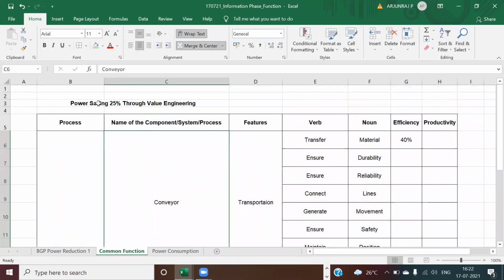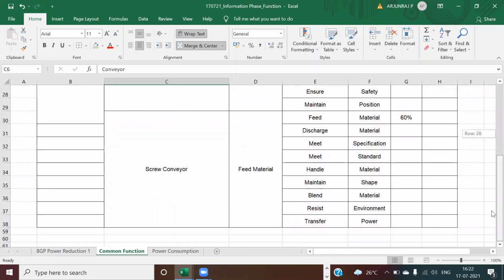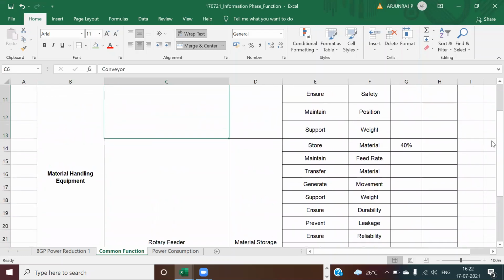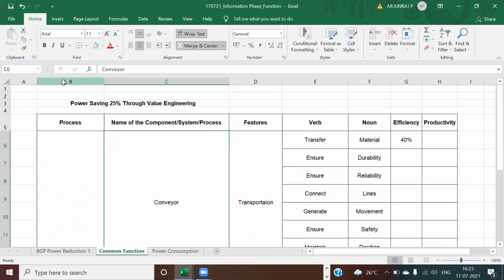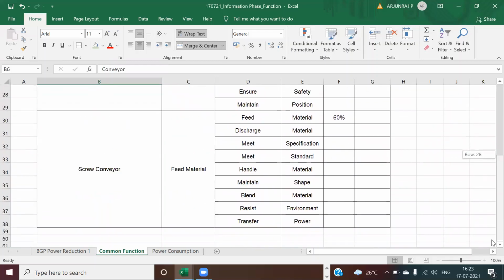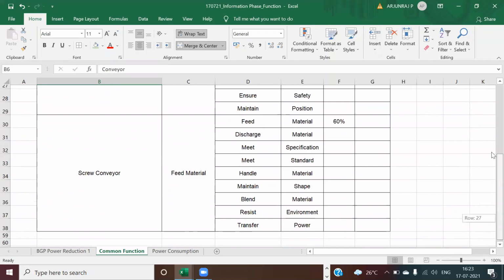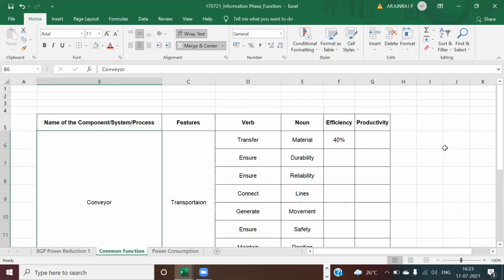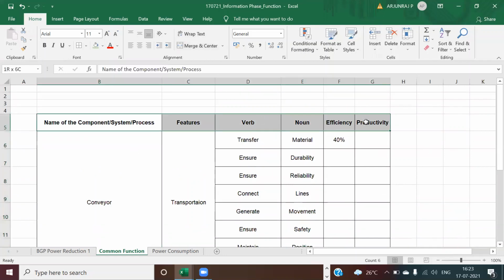This itself is going to be only one process. There is no other process. It is going to be material handling equipment only. So this itself is not going to be a process. Now it's towards a kind of product. When you take a conveyor, it will have many parts, so it is very vast. You can go to the minute level, but let us restrict, because we can keep on discussing like this, but we need to see.